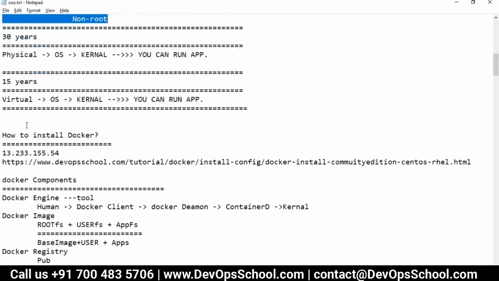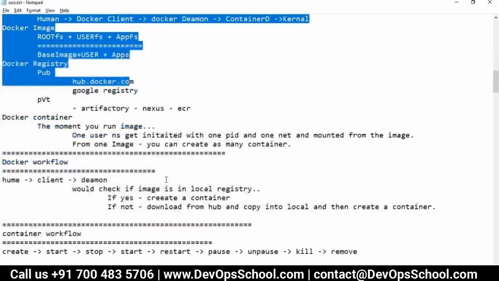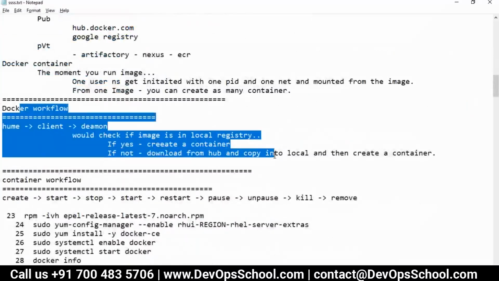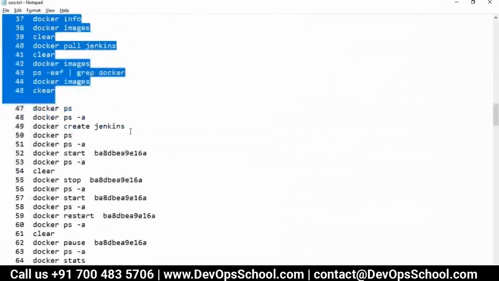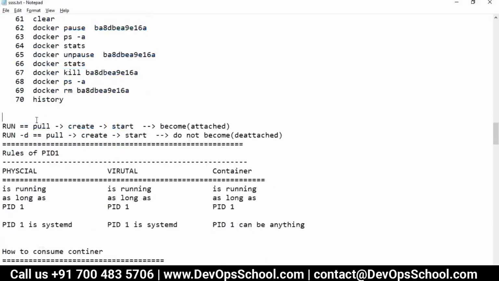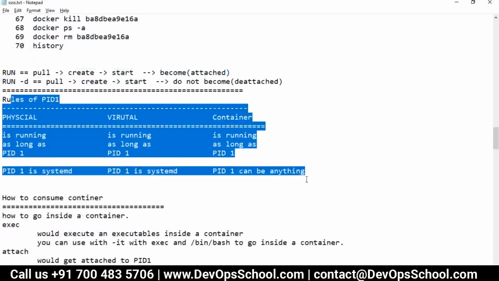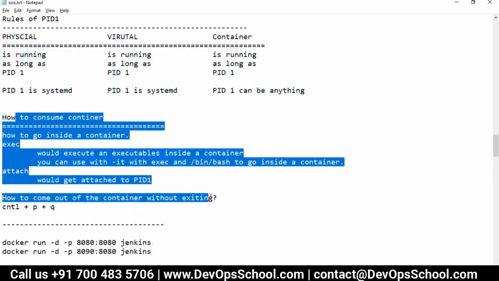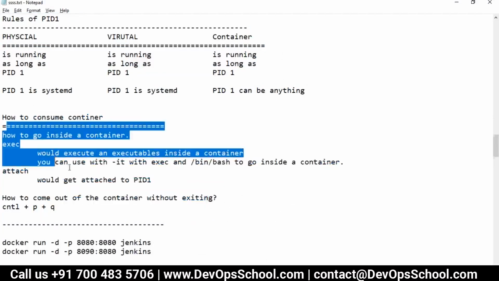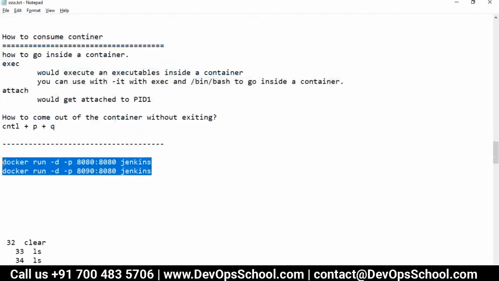Then how to install Docker, Docker components, how Docker works, Docker workflow, container workflow, run behavior, the importance of PID 1, which is very important to understand, how to go inside the container or come out of the container without killing it, and how to access the container from outside.